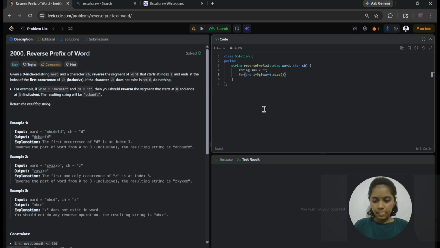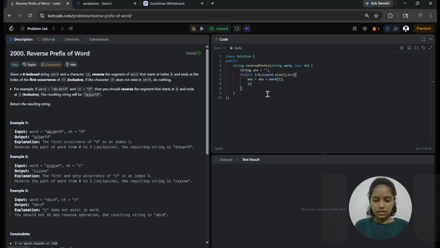After that incrementing I. Now I have to check that until I do not find the character, I am storing characters in the answer. So answer equals to answer plus word of I.